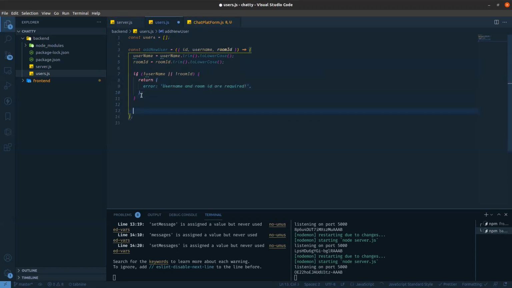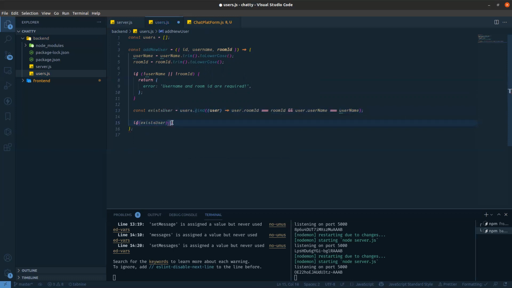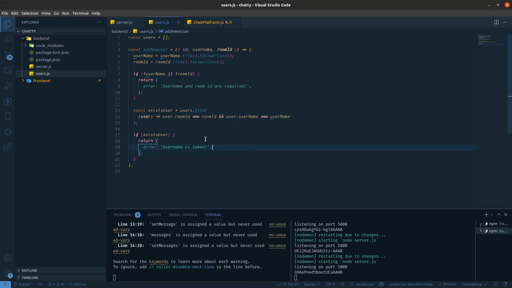Then we check whether that user exists. So const existing user equals users dot find, where user dot room ID equals the room ID and user dot username equals the username provided. If the user exists already, then again we throw one error: username is taken.